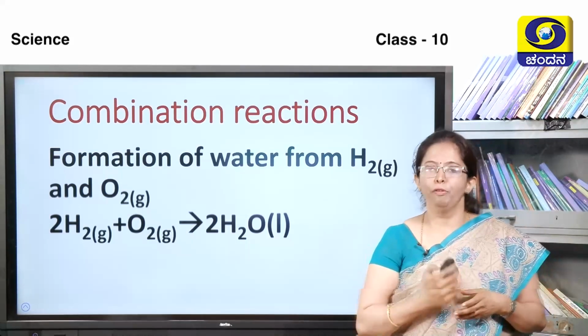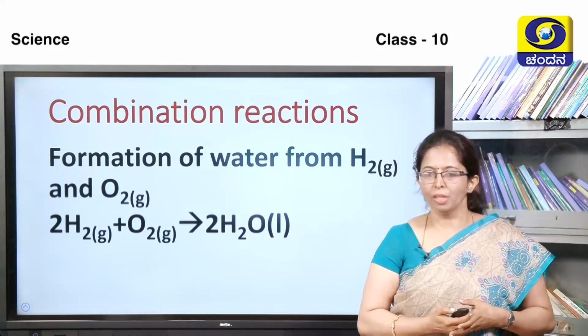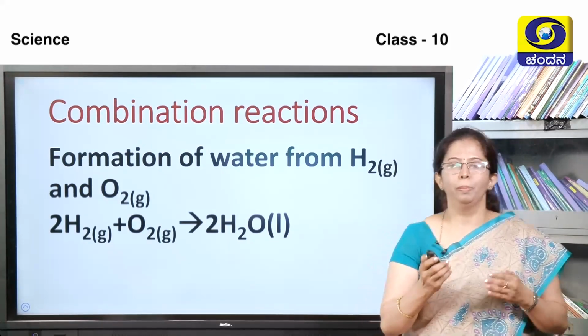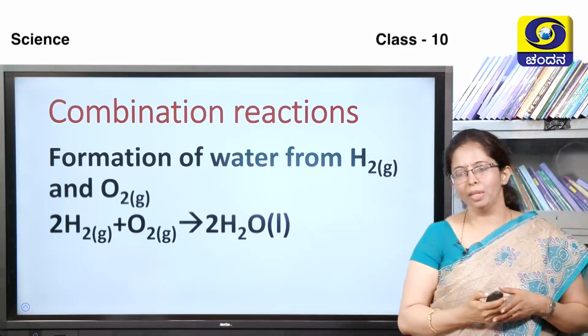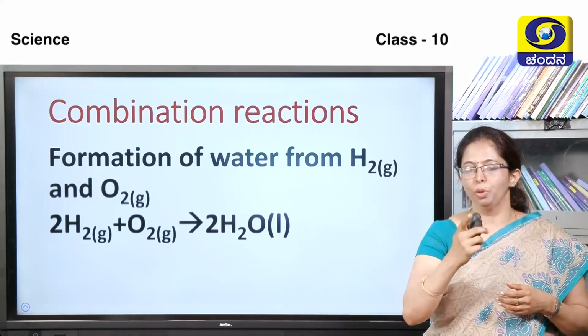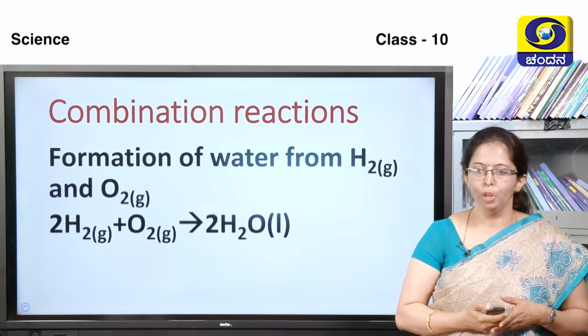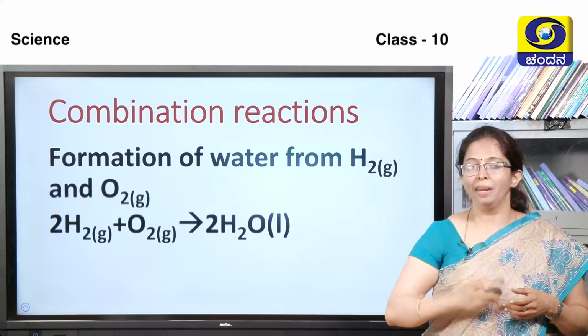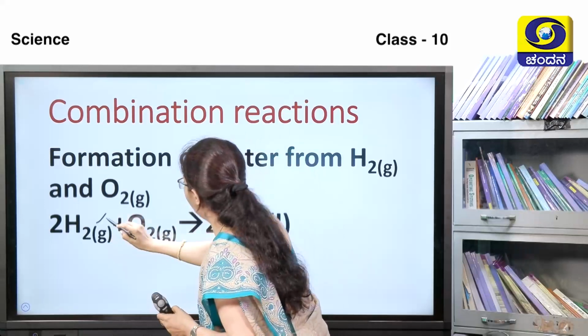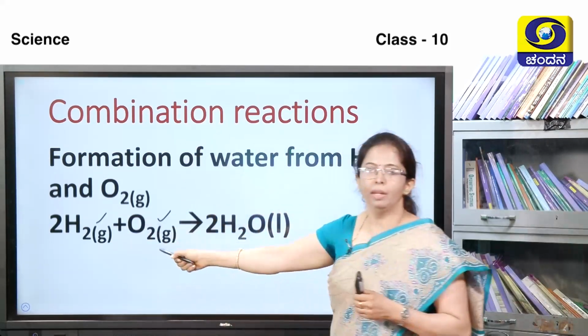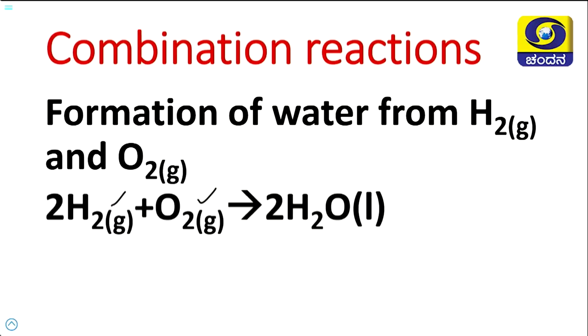Moving on to the next slide, examples of combination reactions. Next one here is formation of water. As we know, water is called the elixir of life. It is formed by combining hydrogen and oxygen to form H2O. Here the equation is balanced. You can see 2H2 plus O2 giving rise to 2H2O, which is in the liquid form, whereas both the reactants, hydrogen and oxygen, are in the gaseous state, but water is in the liquid state. So, both the gases combine together to form this wonderful elixir compound, that is water.